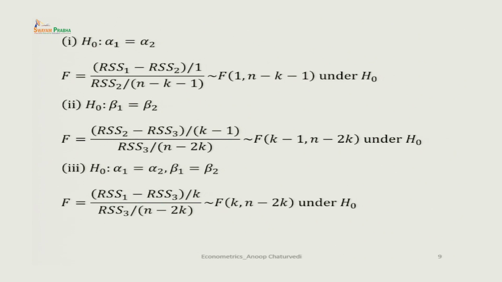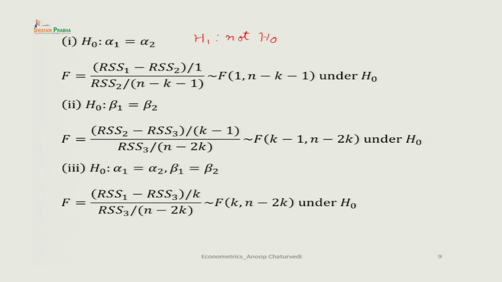Now, suppose you want to test the hypothesis alpha 1 equal to alpha 2. Your alternative is H1, not H naught. And here we also assume that there is no structural change in betas. So, you already assume that beta 1 is equal to beta 2. So, the F ratio is quite simple. You take RSS 1, the residual sum of squares for model 1, which is the model under H naught, minus RSS 2, which is the residual sum of squares corresponding to the model 2, that is corresponding to the model under the alternative hypothesis H1, and then we divide it by the